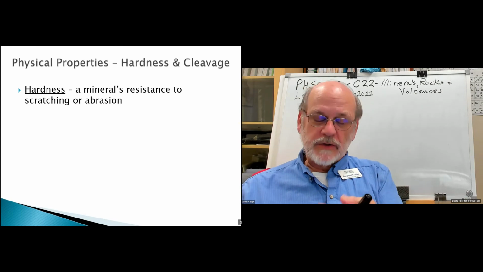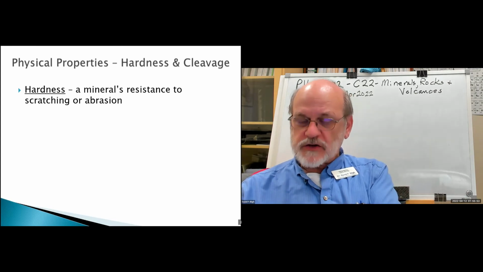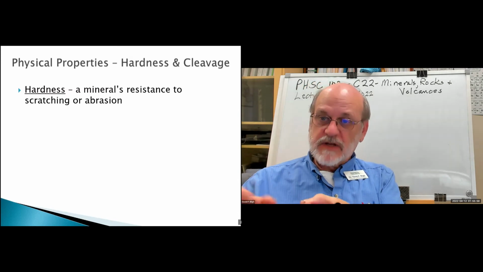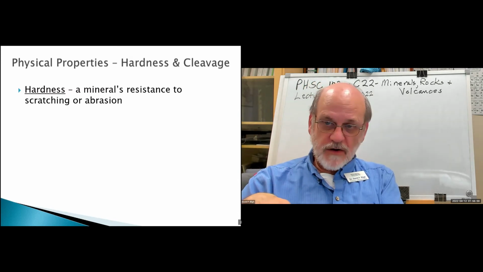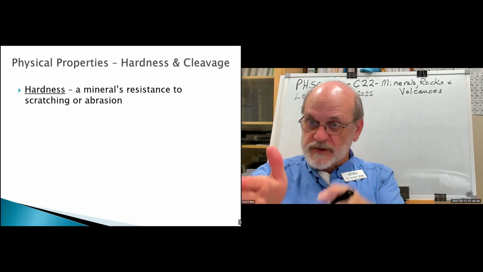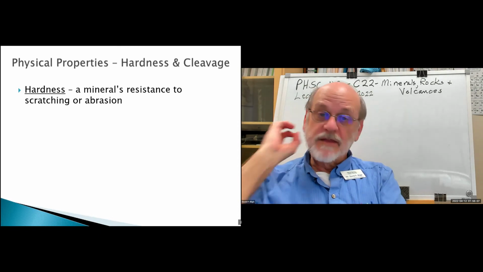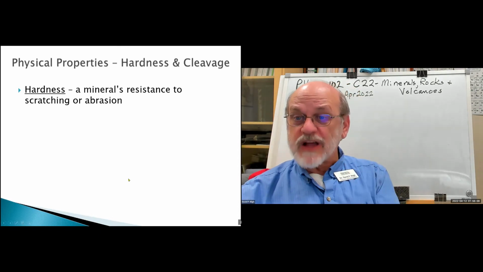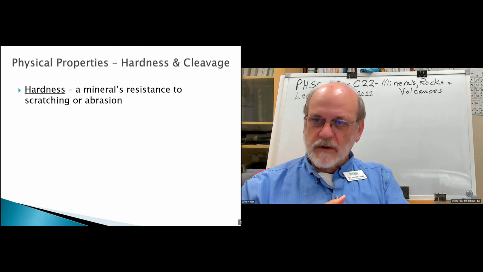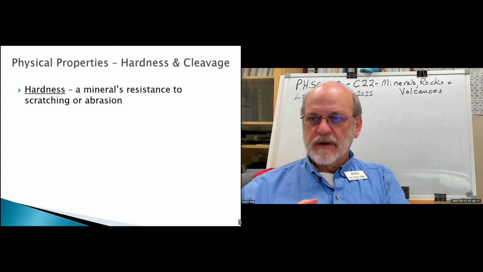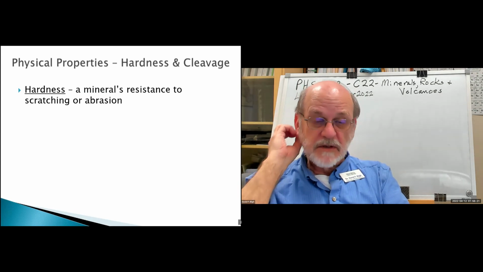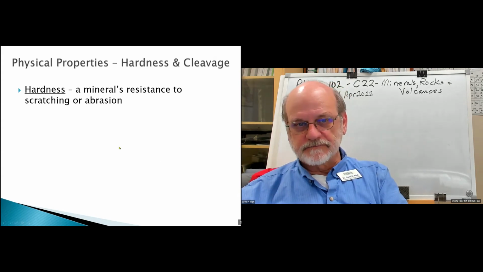And this is one way to do it. You take your mineral and you try to scratch it with them. And if this one scratches, it's harder. If this one scratches, it's still harder. If you get to the other side and you try to scratch it with this, it won't scratch. Then you know it's between those two. The other way is you use a scratch plate. And you take your mineral and rub it across that and see what forms. And with experience, you can estimate the hardness.